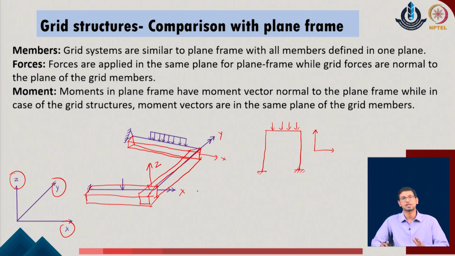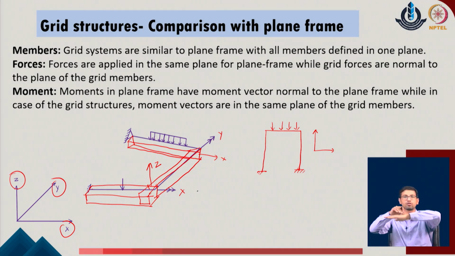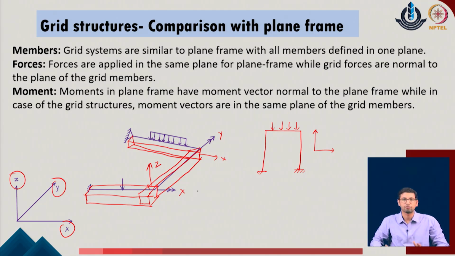Okay. So, as a simplistic example, if you want to consider a simple hand, like if I just put it in this manner. This is one of the members, this is the second member, both are in one plane, which is say the plane of the given system. And if I put a load which is applied from the top on the given system, this load is appearing normal to the given plane, which is the plane of the given members. So, as a simple idea, when we consider the frame, I have to apply the loading which is also in the same plane. Loading in this manner could be active, loading in this manner could be active, but any load which is normal to the plane is not active.